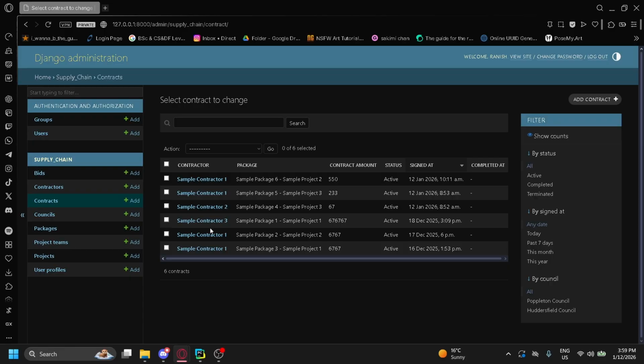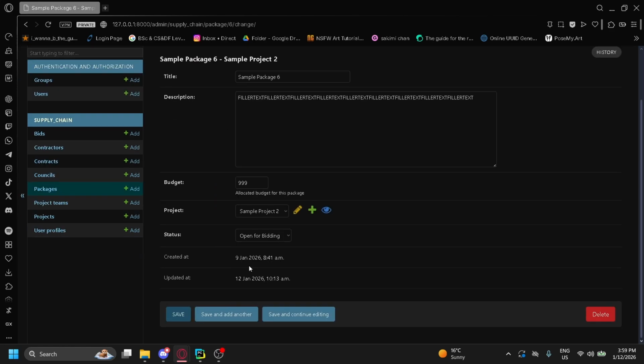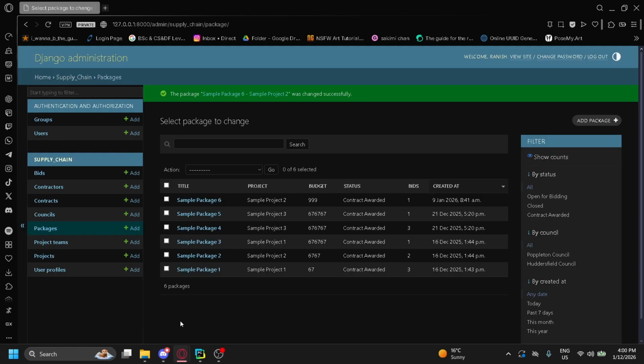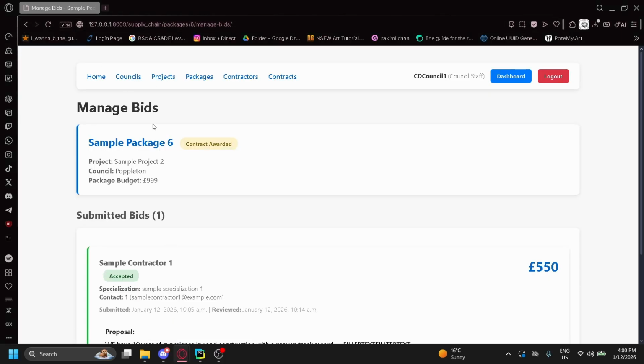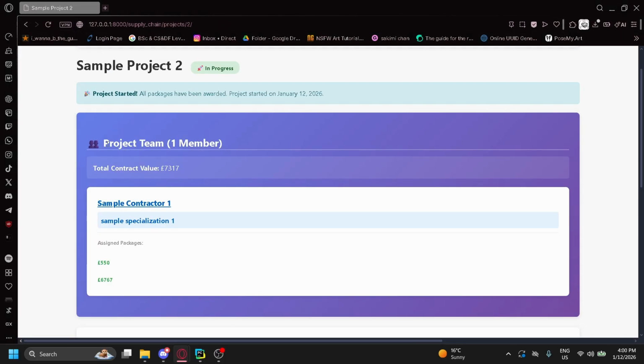Well, there are some issues because we did change it directly from the admin panel. So that's why it sent us the error. Now, if we go back to packages and change this to contract awarded, and then go back to projects, I mean, sample project 2, we can see that the team has been automatically